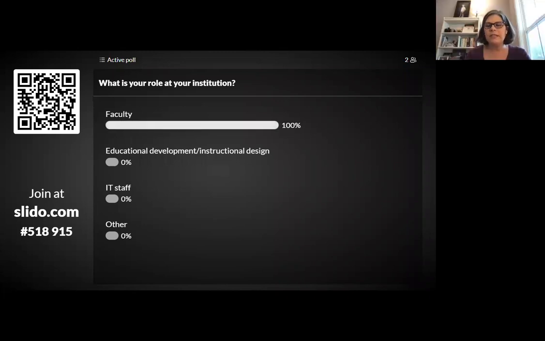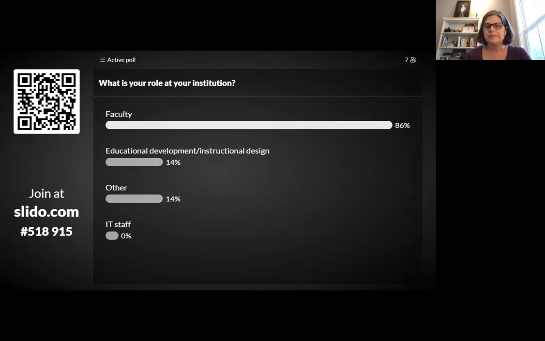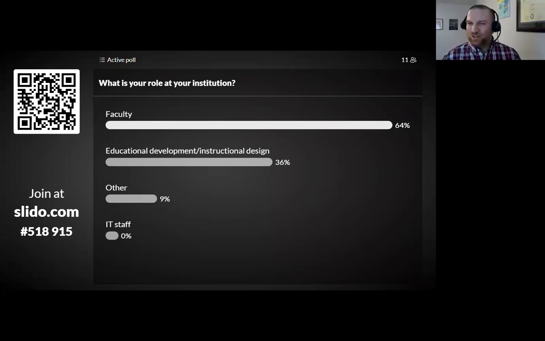And I've added those codes in the chat as well. If you did put other and you want to tell us in the chat what that other is, feel free.